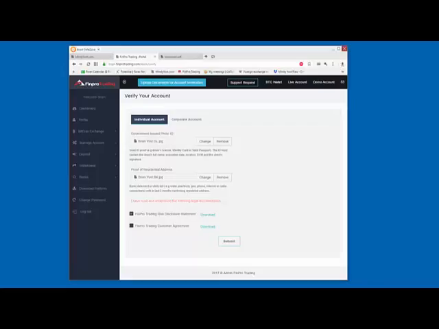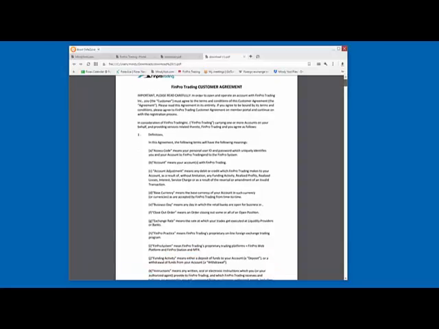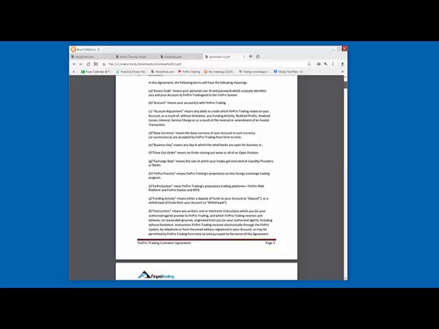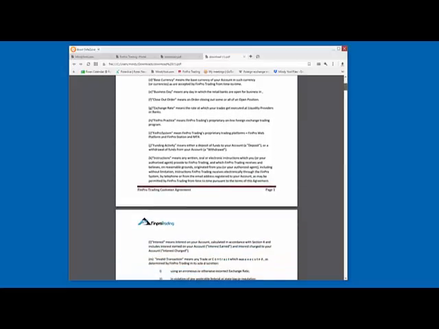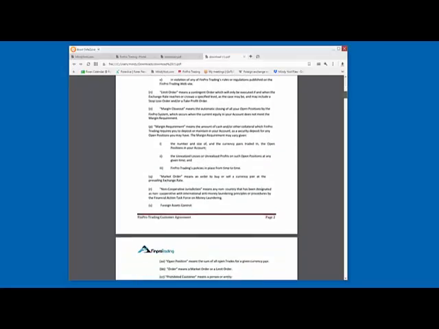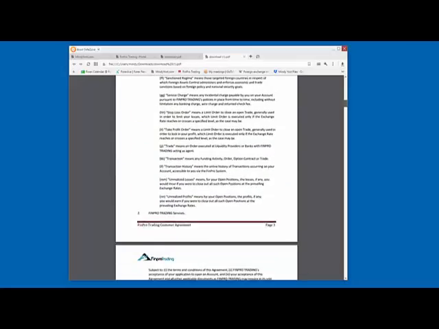So now that we've read the first one, let's go to the customer agreement and download it and open it and read it. And it is very important that you actually take the time to read these documents, but we're not going to do it in the class today. But as soon as the class is over, it's very important that you come back into your account and read these things, because I just think it's incredibly important that you know how your account will be handled by the